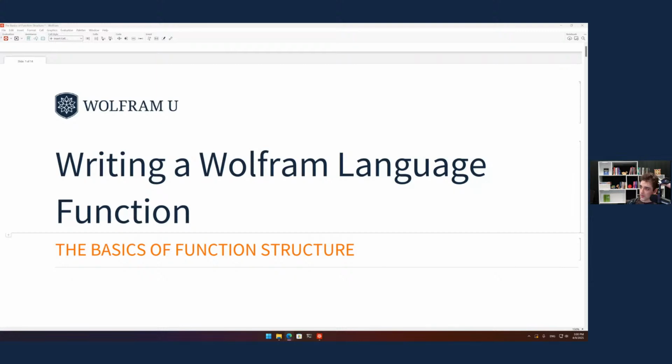Welcome to today's webinar. We'll be talking about Wolfram language functions, the basics of function structure. So this is going to be a very simple webinar. We'll just cover some basics about functions, which are a fundamental part of Wolfram language, or of any programming language